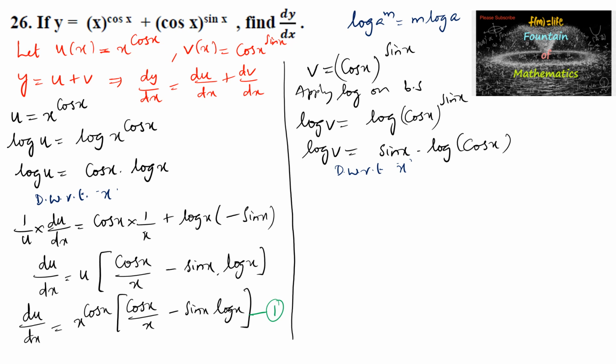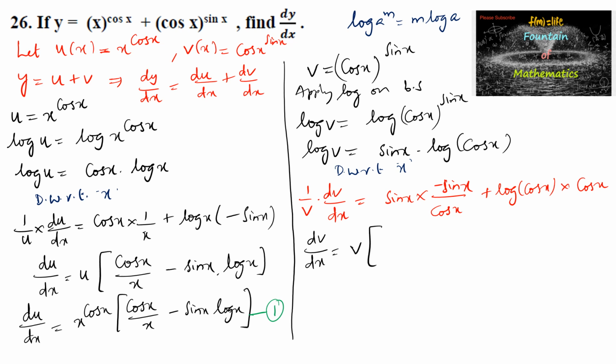both the sides. So we have 1 upon v dv by dx is equal to sin x into differentiation of log is 1 upon cos x into differentiation of cos is minus sin x, and again plus log of cos x into differentiation of sin x is cos x, or we can write dv by dx is equal to v times of, so here it is minus tan x into sin x plus cos x into log of cos x,